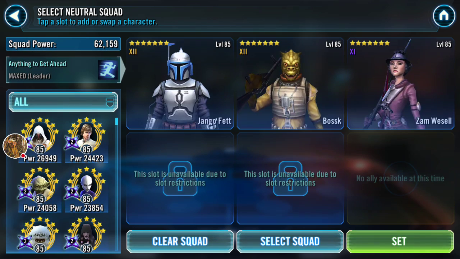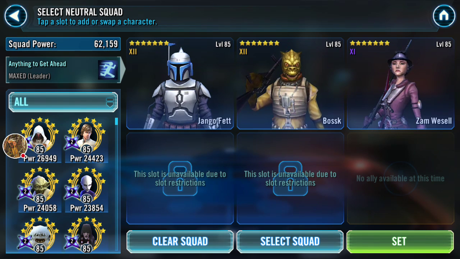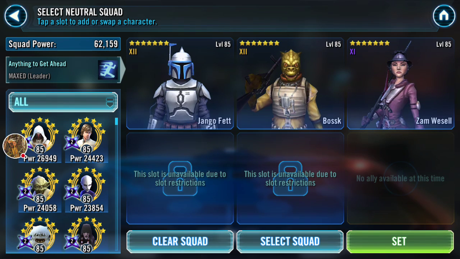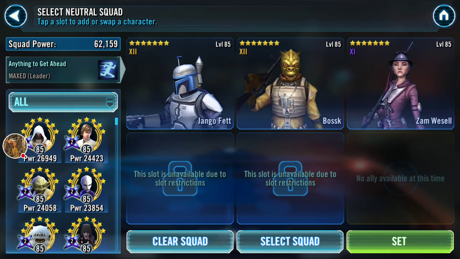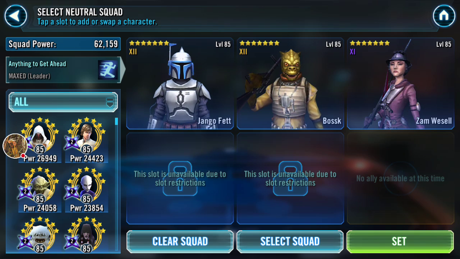So Zam is going to go next and apply your thermal detonators, and then because Boss goes first and applies taunt, he gets frenzy with that. So every time the other bounty hunters use their specials, like Django uses a special burning, Boss gets to go next and use his